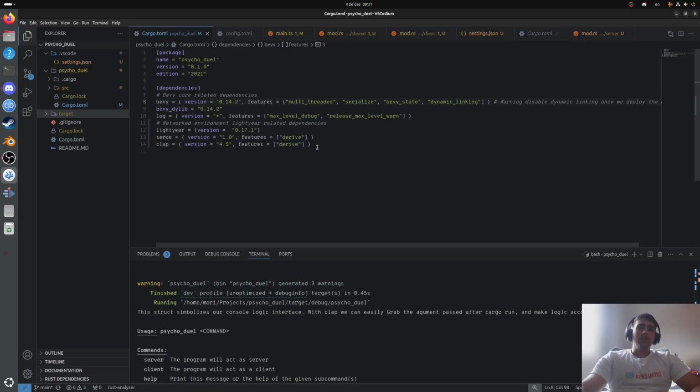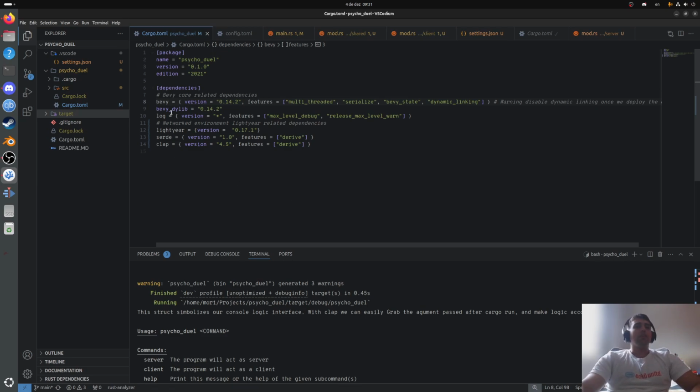Log is basically logging. Logging is the action of making information available for other coders, and also to check the state of your game, or maybe because you want to check a few pieces of information, like, for example, tick rate information. You can do a little bit of tracing. Everybody knows what logging is. If you don't know what logging is, god damn it, man, just quit. I'm just joking. Never quit.